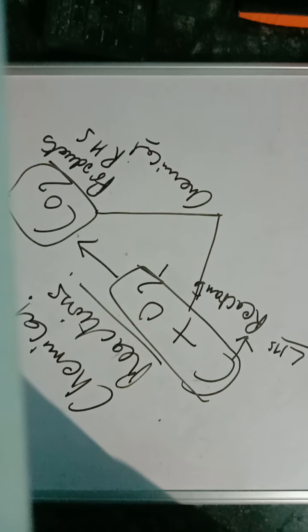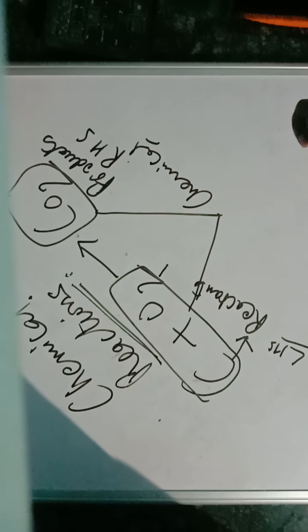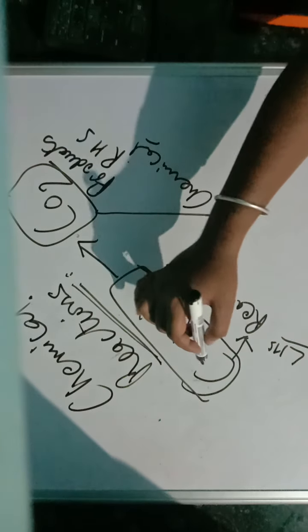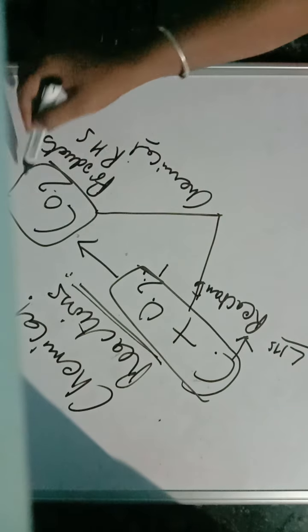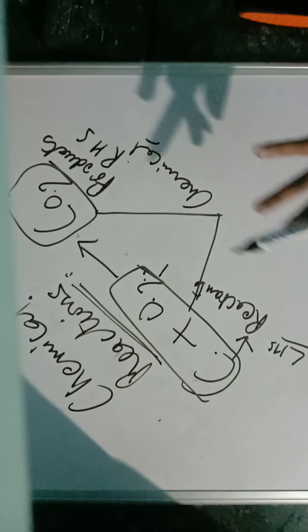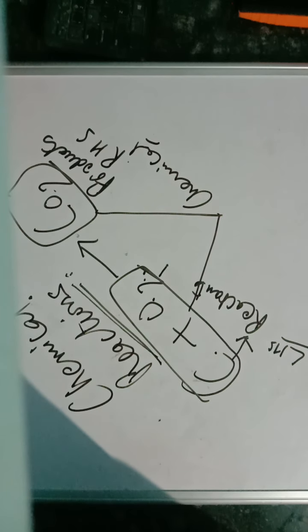A chemical reaction is a process in which new substances are formed, and here there is only a rearrangement of atoms. Carbon is one and O2 has two. There is only a rearrangement of the atoms in a chemical reaction.